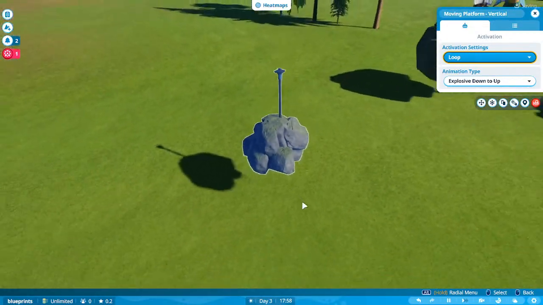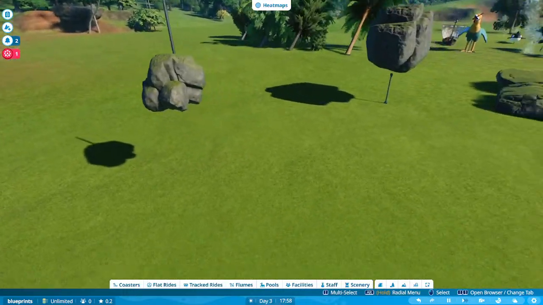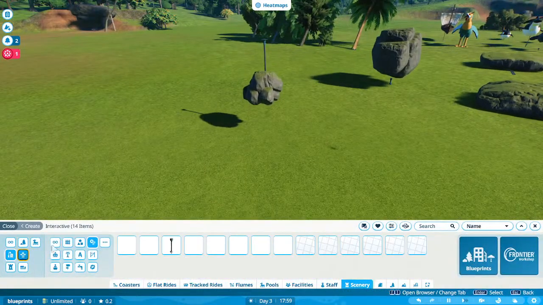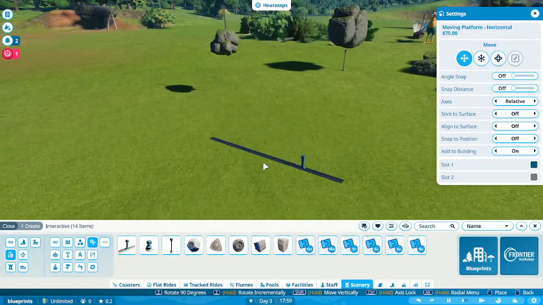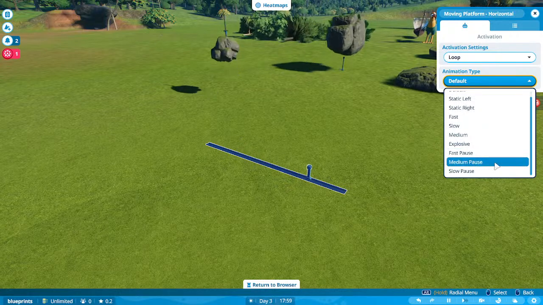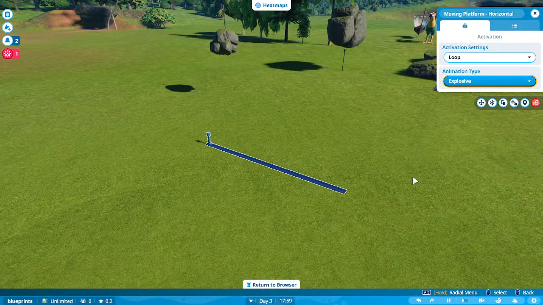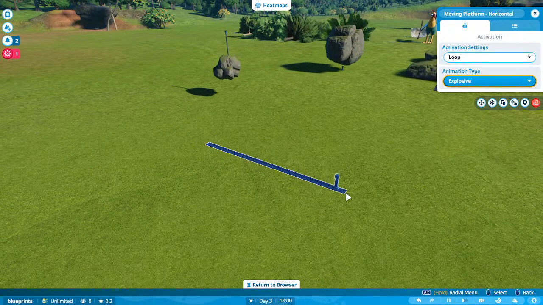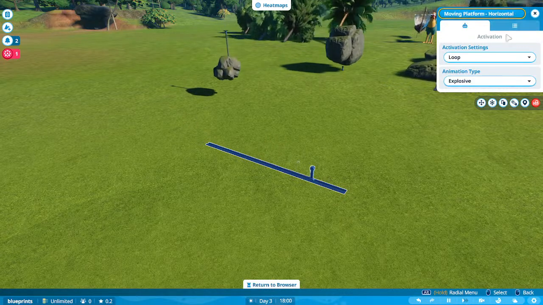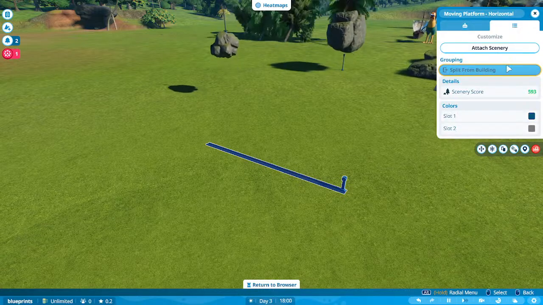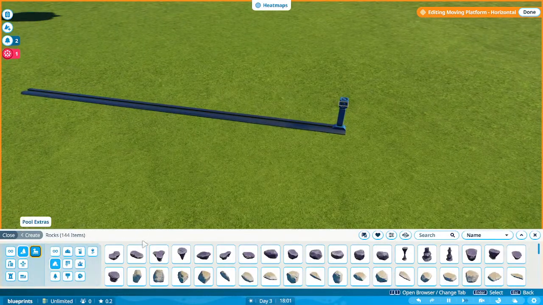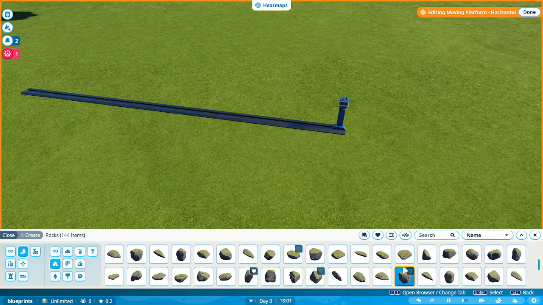Yeah, there's only a limited motion that you can do with that. But you can also do it with the moving platform as well. You can also use this, and we can switch the animation type to explosive. So this would be the top here, and then it would go explosive down like that. So we're gonna deactivate this right now. Attach scenery. And we'll add more rocks. And then we'll bring it over and